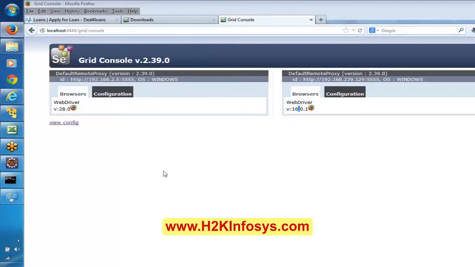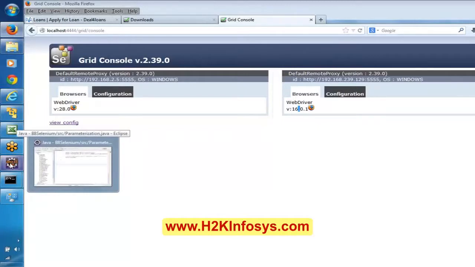So Selenium Grid is like a hub, as I said. Here it is going to show all these nodes. Say if I have in this virtual machine some Linux, Mac, say I have all those operating systems, those can be shown over here. Okay. Now to follow the same procedure. Now see here.